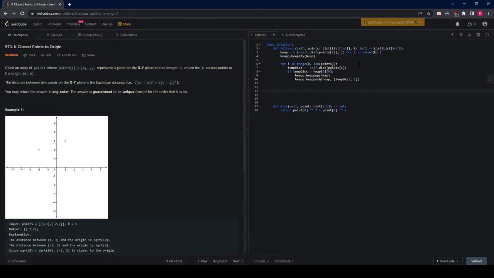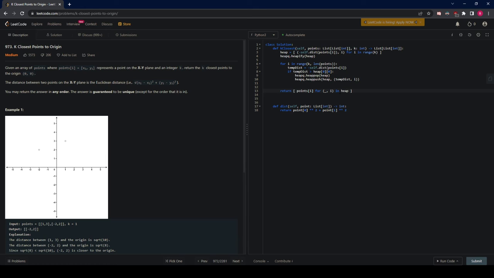And now, after handling every point, we know that our heap contains all of the points with the closest distance, right? So now we want to return a list of which we have points i for blank, because we don't actually use that first item. Wait, yeah, why do I have this first parentheses actually? So we just want to fill the array with points i for blank comma i